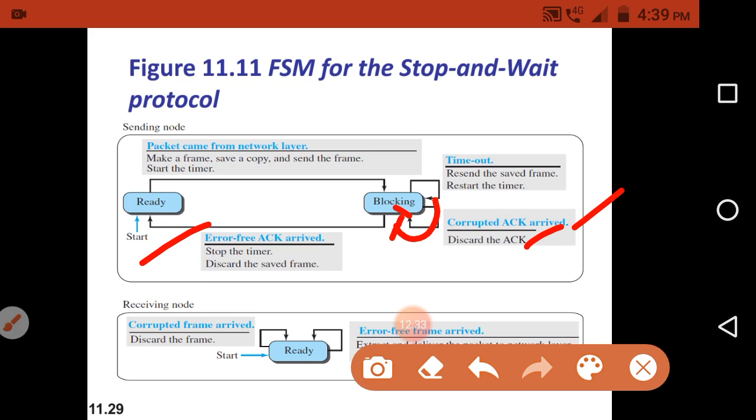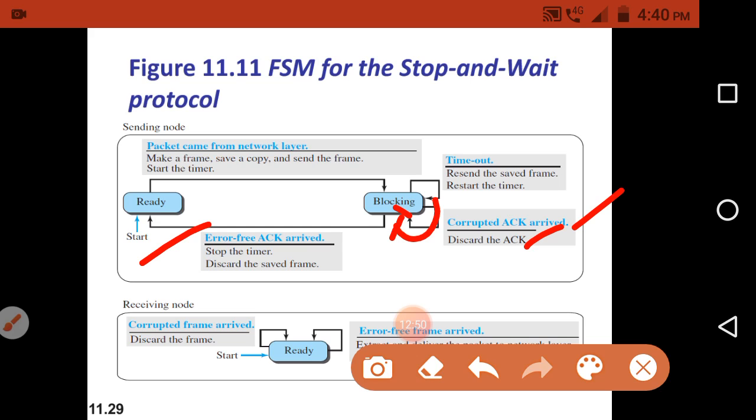Whenever the sender sends the frame and the receiver receives the frame, if the received frame is a correct one or error free, then it will send the acknowledgement to the sender node within the time limit, okay. Then the sender will verify that acknowledgement frame.